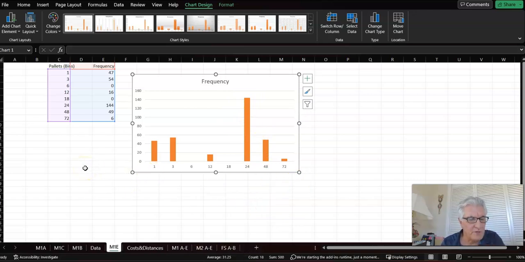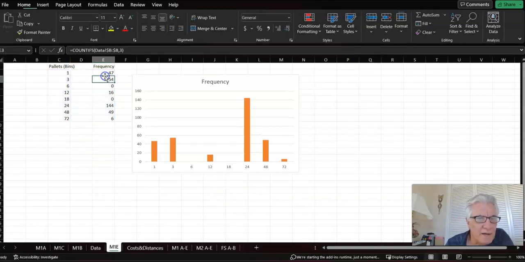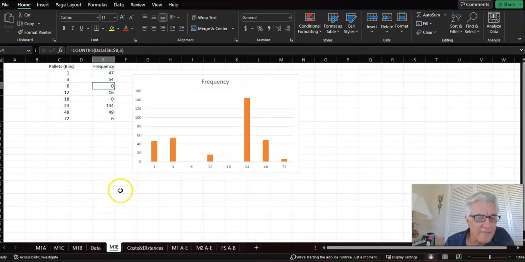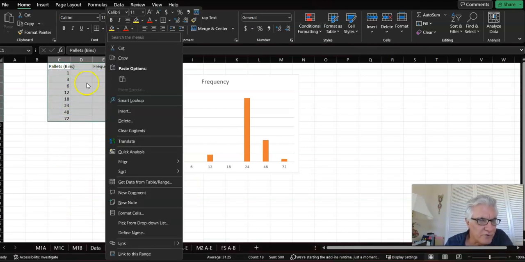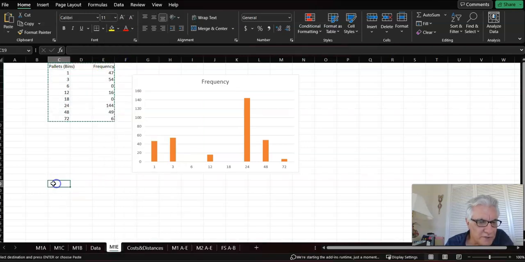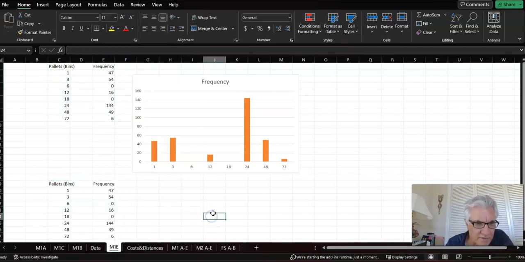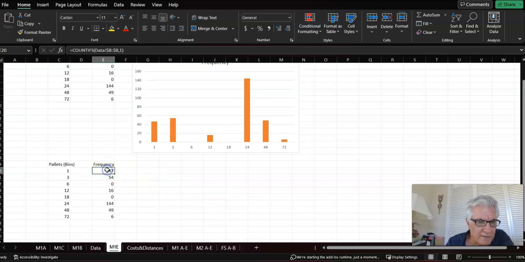So that's how you can automatically pull that data from here using the COUNTIF. On M1F, it asks you to do it for only 2 of the distributors. But interestingly enough, you can copy this and do a histogram for each of those 2. If you copy this and you go back to this